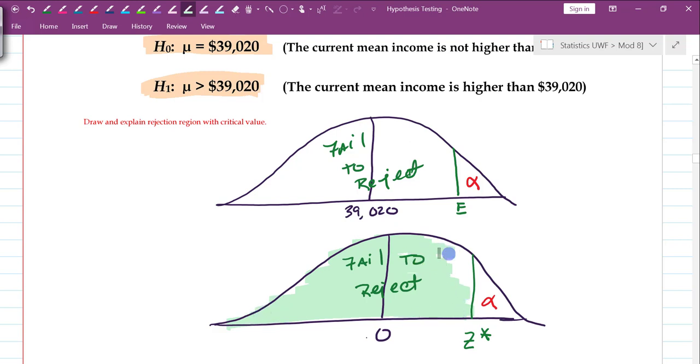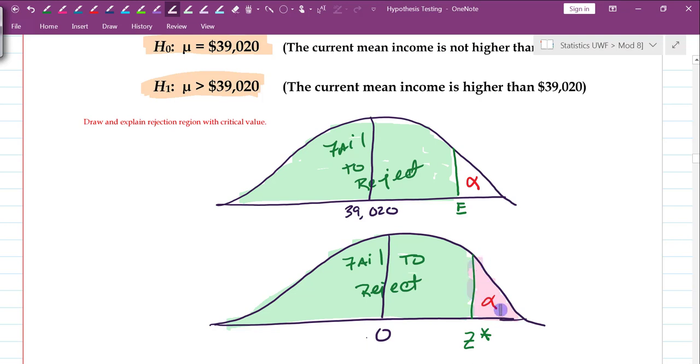And same within here, because these are mirror images of each other. One's got standardized data, one's got raw data. That's the only difference. And then if we end up with a test statistic in here in the right-hand tail,